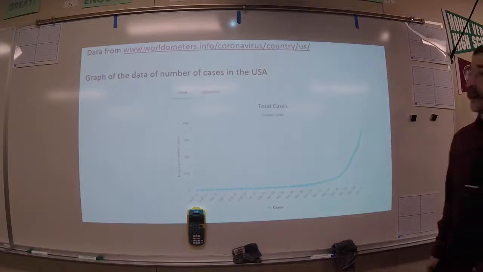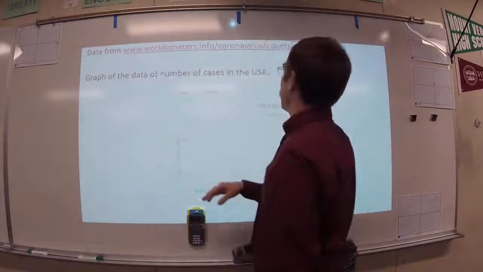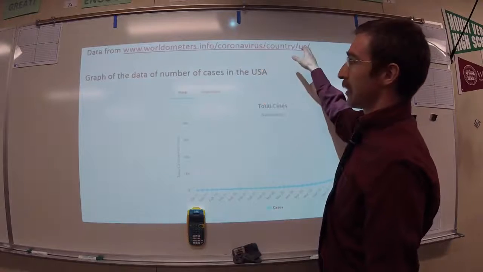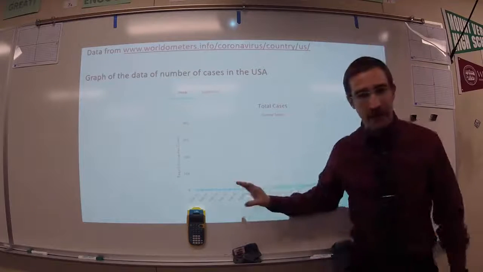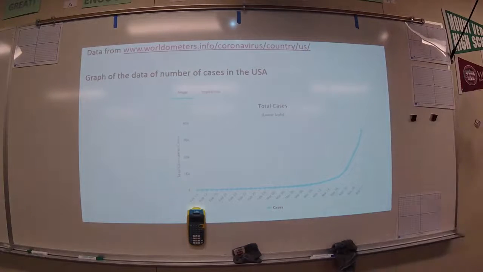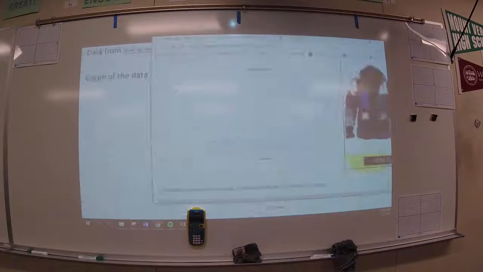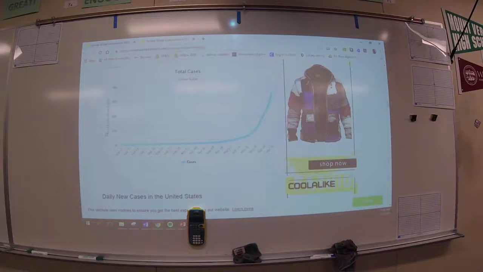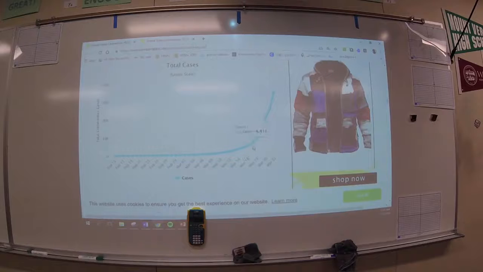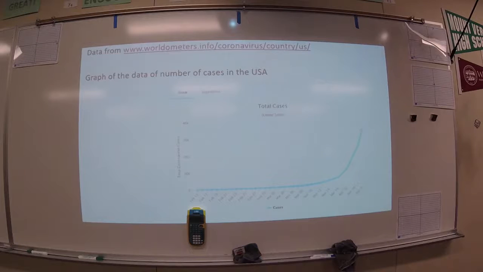So what I did is I went to this website, worldometers.info/coronavirus/country/US. There's a graph of the data on there. I'm going to grab it and just drag it over so you can see it. As you go across, what I did is I said March 10th, there were 994 cases, and then as you continue up, you can see the date and the number of cases. So what I did is I took that information